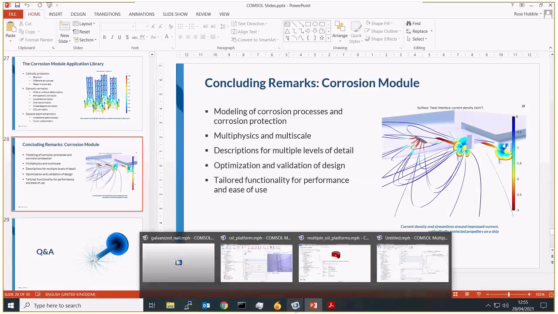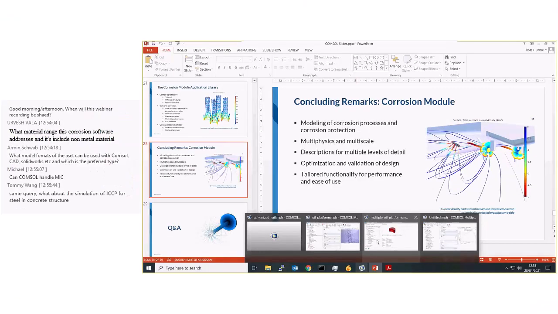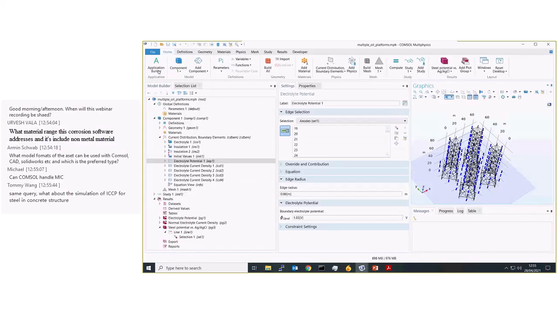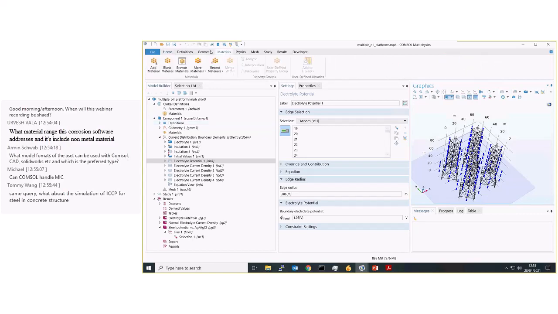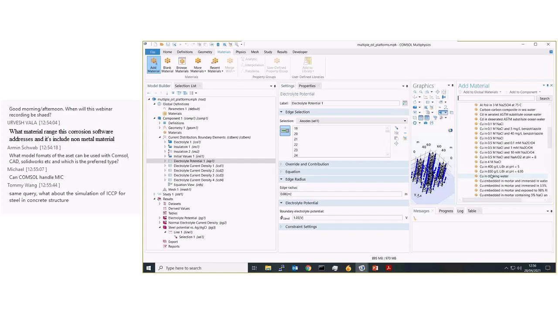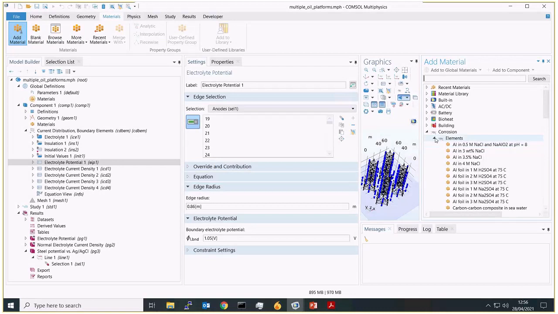Yep. So essentially, all you need to define your corrosion is going to be your exchange current density and your equilibrium potential. With our material library for the corrosion, there are a number of different materials already defined. So we have different aluminiums and different materials. These are taken from the literature, so they can be a good starting point for your simulation.